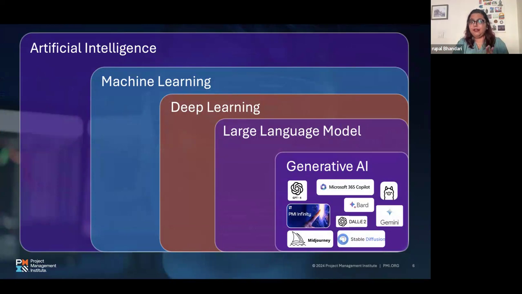So we just want to clear some basics, and this is one of the basics, that AI is the bigger window. Within that, you have machine learning. Within that, you have deep learning. Within that, you have LLMs, which are large language models. And within large language models is what you have generative AI. This is your ChatGPT, this is your Midjourney, your DALL-E, your Gemini, your Bard, your Llama, your